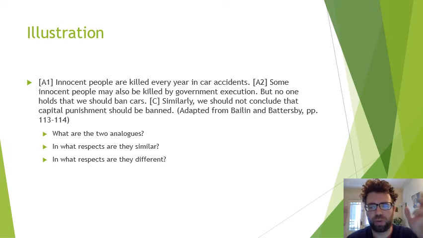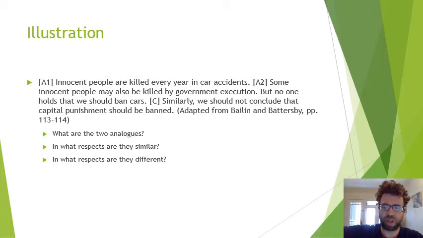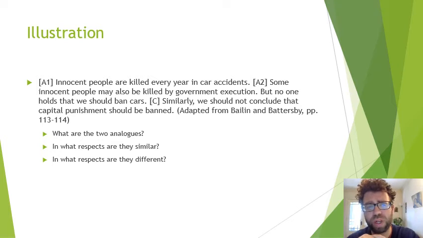All right. So the conclusion is we should not get rid of capital punishment. In other words, we should not get rid of the death penalty. Now, there are various ways to make that argument, by the way. There are much better ways to make that argument if you want to make that argument. What is the argument here? The argument is analogical. So we should not get rid of the death penalty. And why not? Well, the first analog is innocent people